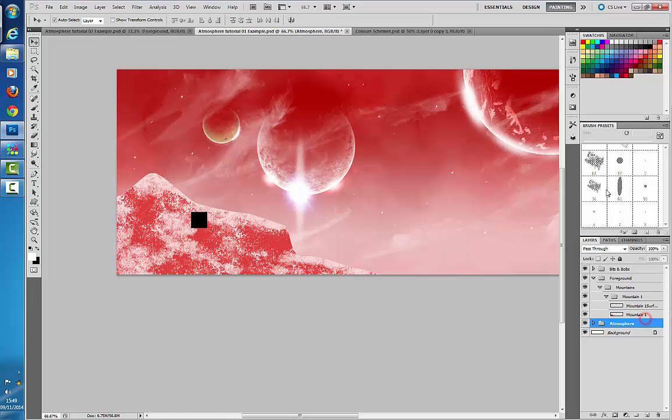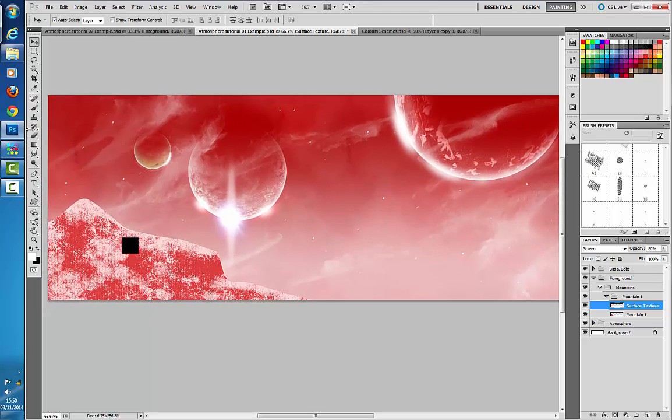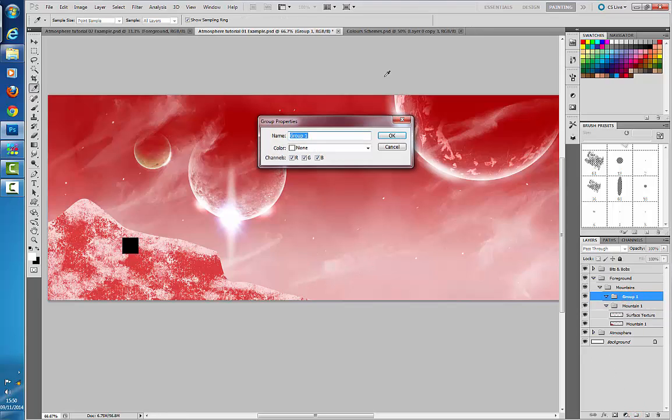A bit difficult to read there, so you know what, we'll take away Mountain 1, just to maintain that level of control. What we want to do as well is create a new folder, because we want to create another mountain, because I'm going to show you how to create this sense of depth, and we'll call this one